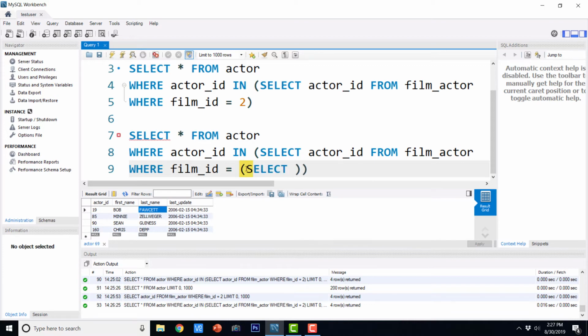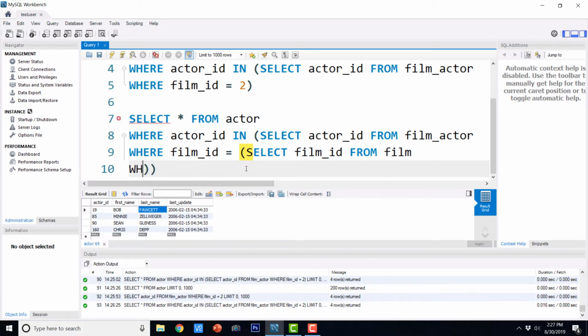Select film ID from film where title like ace%.